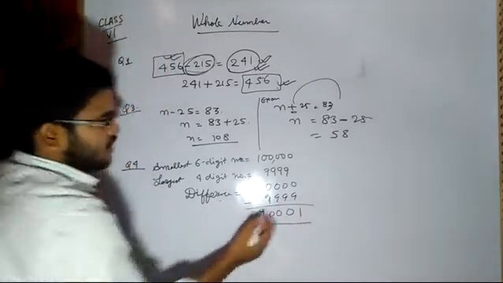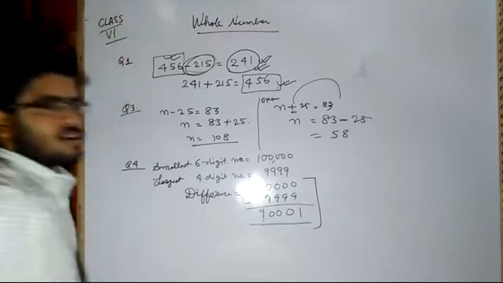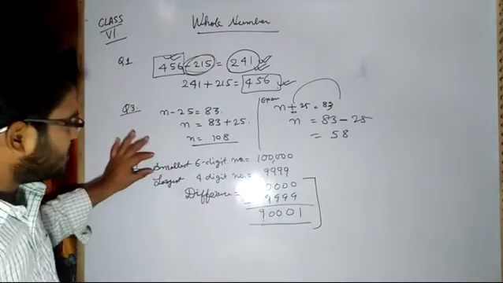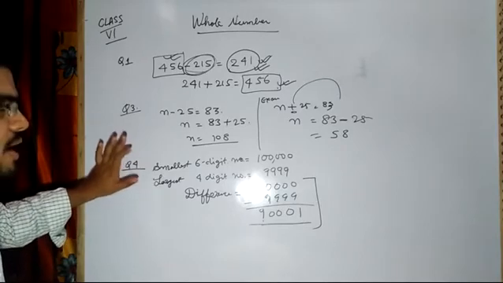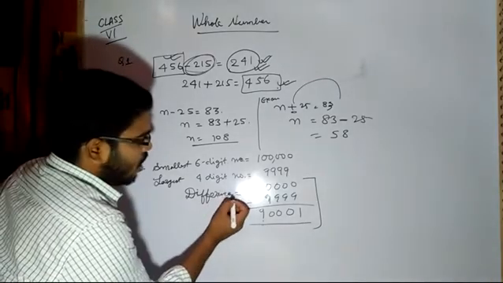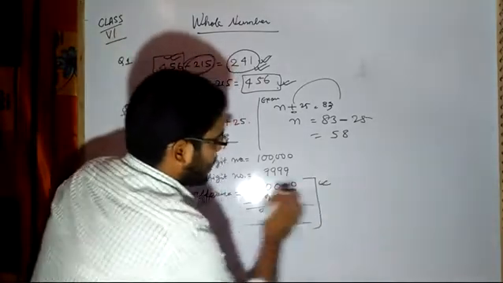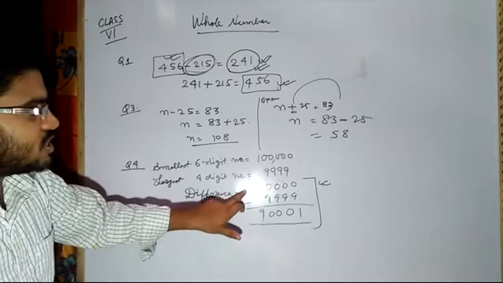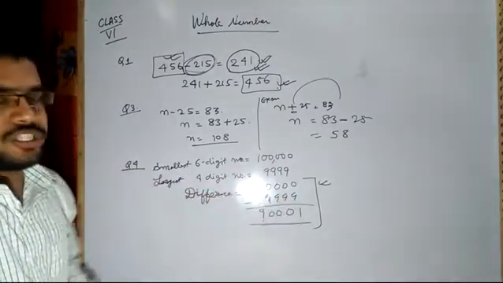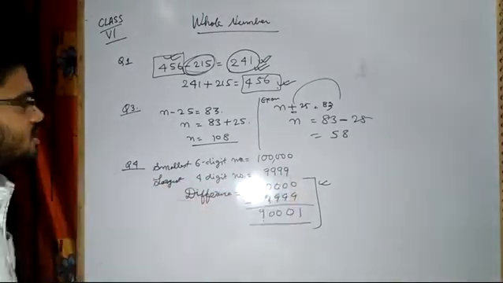Now this is the meaning of difference. The literal meaning of difference is that either I can subtract the greater number from the smallest number or the smallest number from the greatest number. But for now you can take that always subtract from the greatest to the smallest number. So subtraction will be from the largest number, that is 6 digits minus 4 digits.